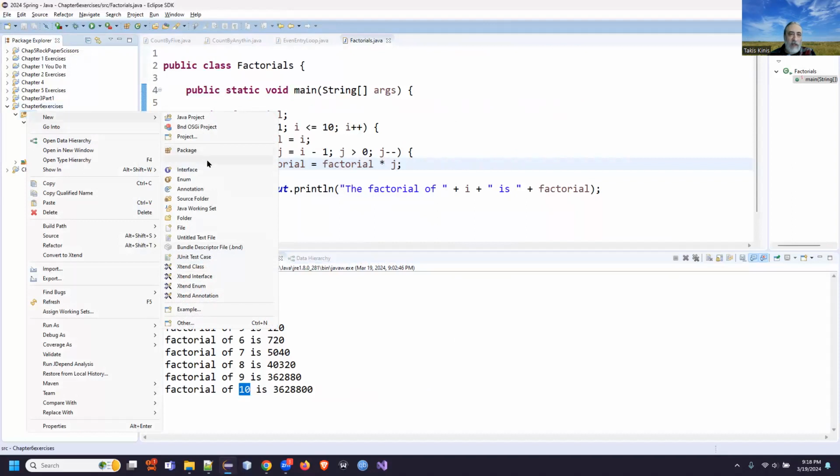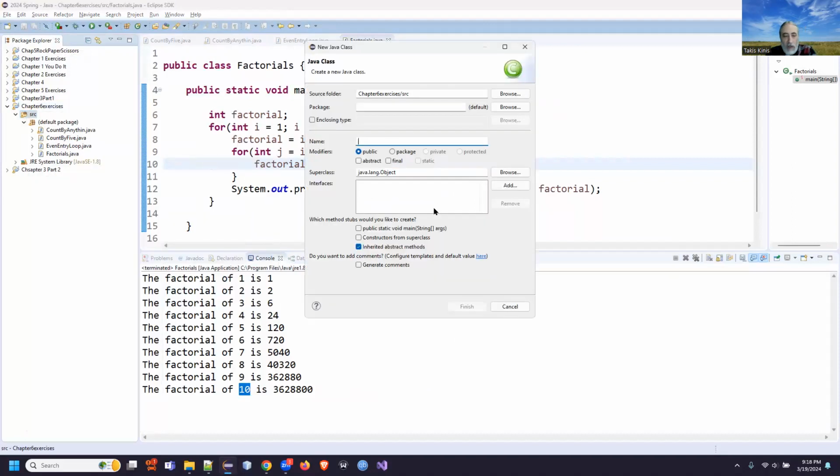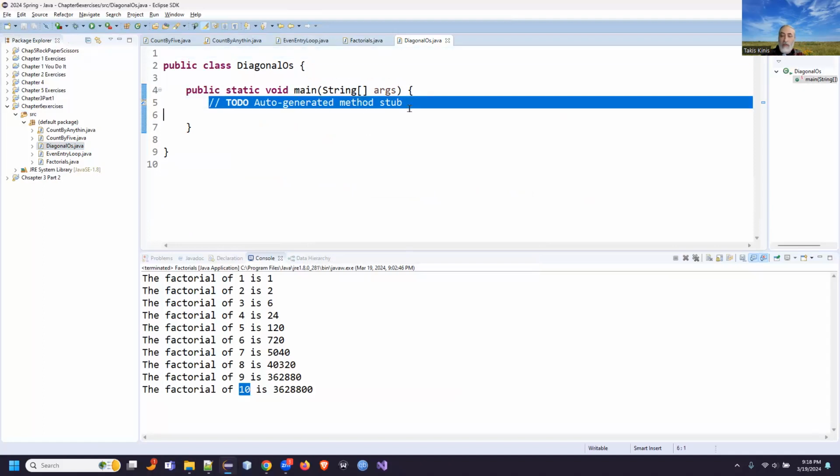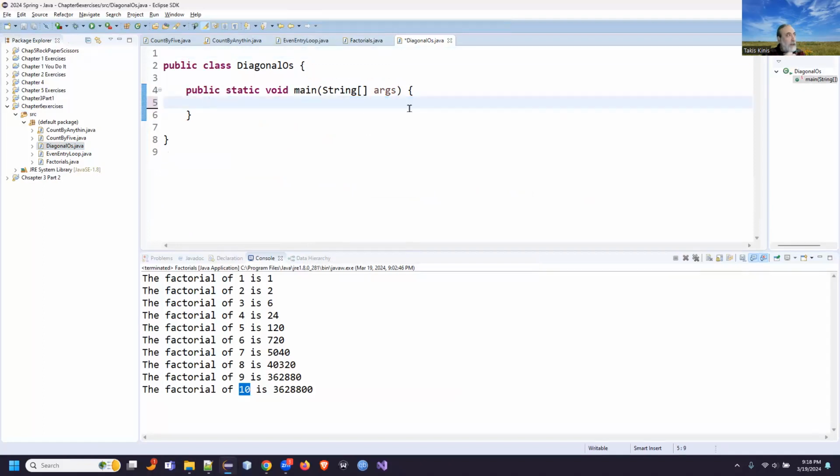So let's go ahead and create a new class. We'll call this diagonal O's, kind of like that. I don't know if that's really a word, but I'm making it a word. All right, public static void main, so we can run our program. No interaction with the user is necessary here, but we've got to start thinking about a couple of things before